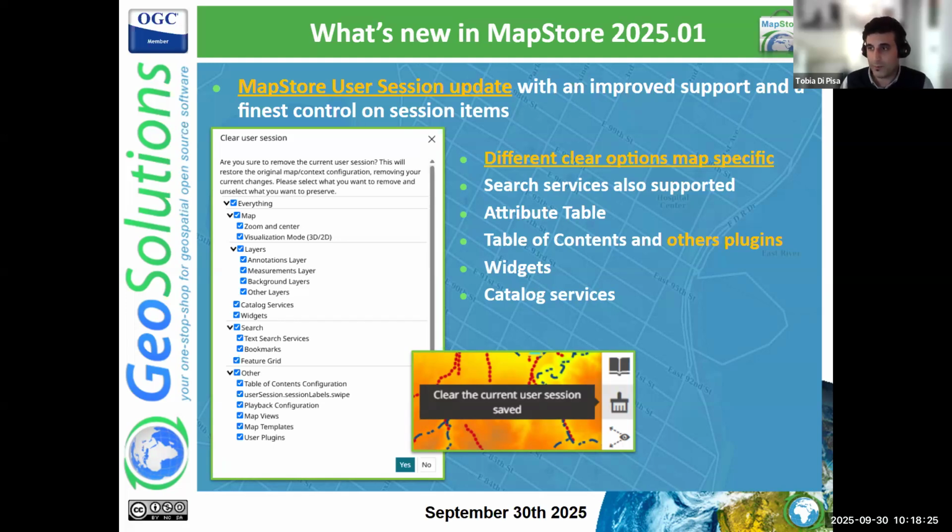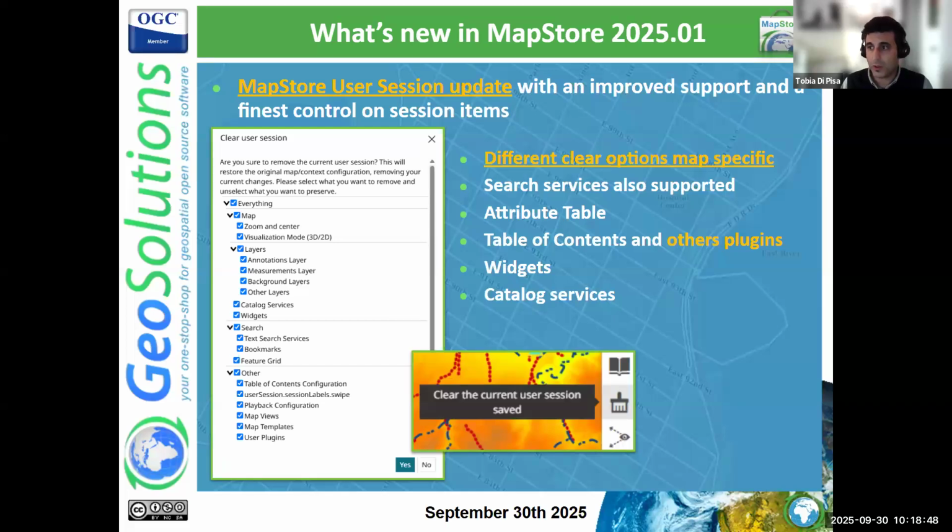So now you can have direct control on parts previously managed, like the map one, so the zoom and center, but also the visualization mode,